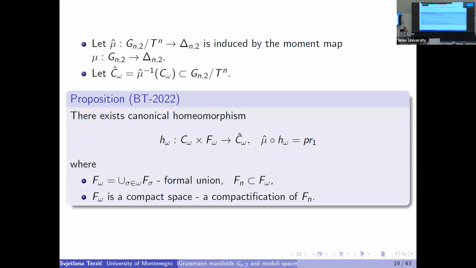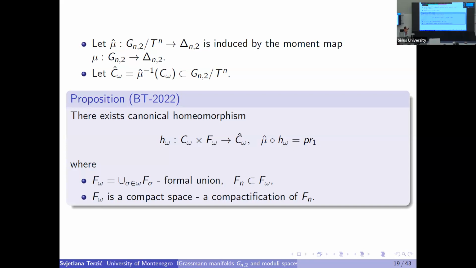Okay, then further, as I said, we have a moment map Gn2 to delta n2. This moment map is Tn invariant, so it induces the moment map from the orbit space to delta n2. And then we can consider the pre-image of any chamber C omega hat. We proved that the same holds as for admissible polytopes. So when we consider the C omega hat, which is the pre-image of the chamber in the orbit space, it is